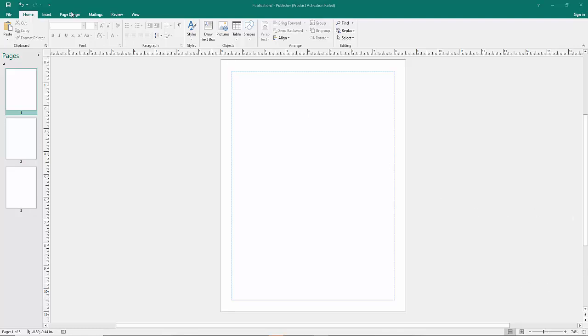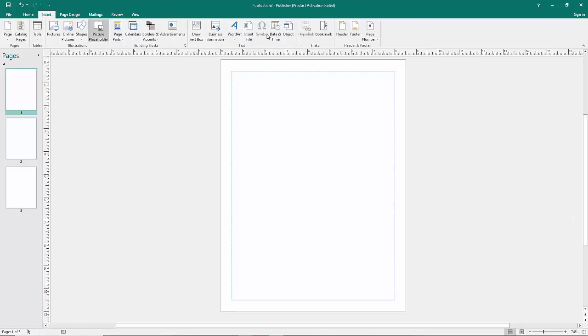Now go to the Insert menu option, then click. Now click for page number option. Now select from top left, top center, top right and bottom right, bottom center and bottom left. Now select the top left option. That is, now you can see